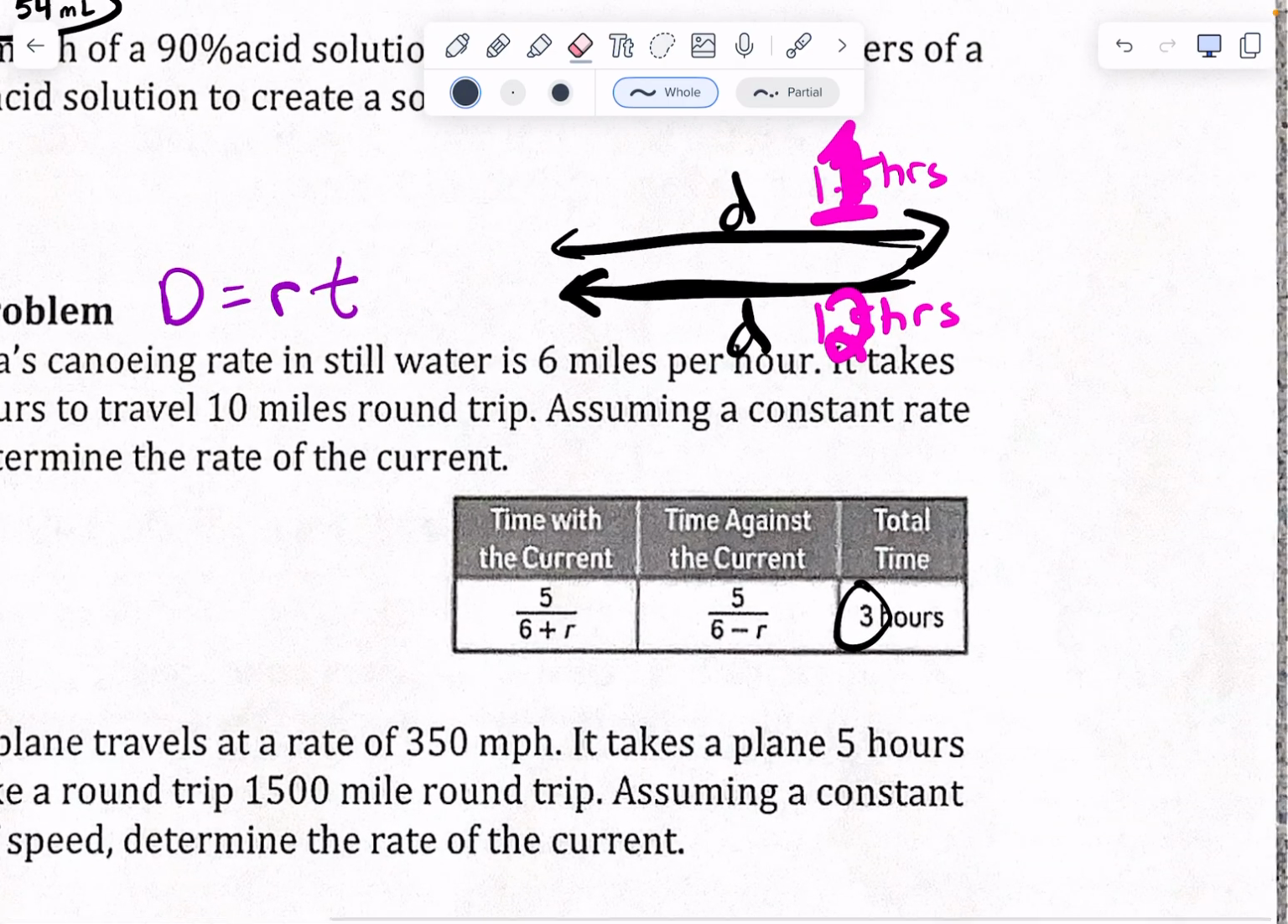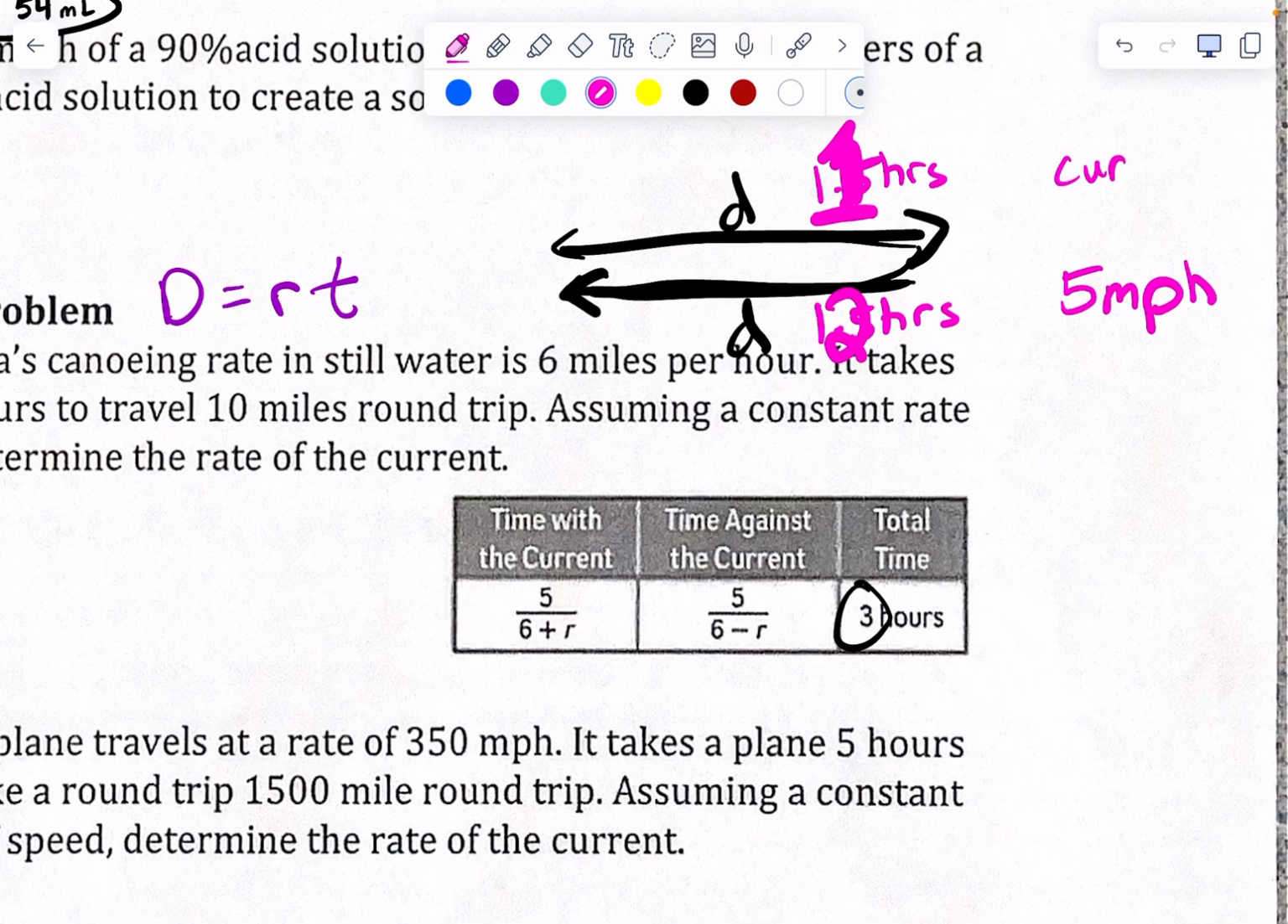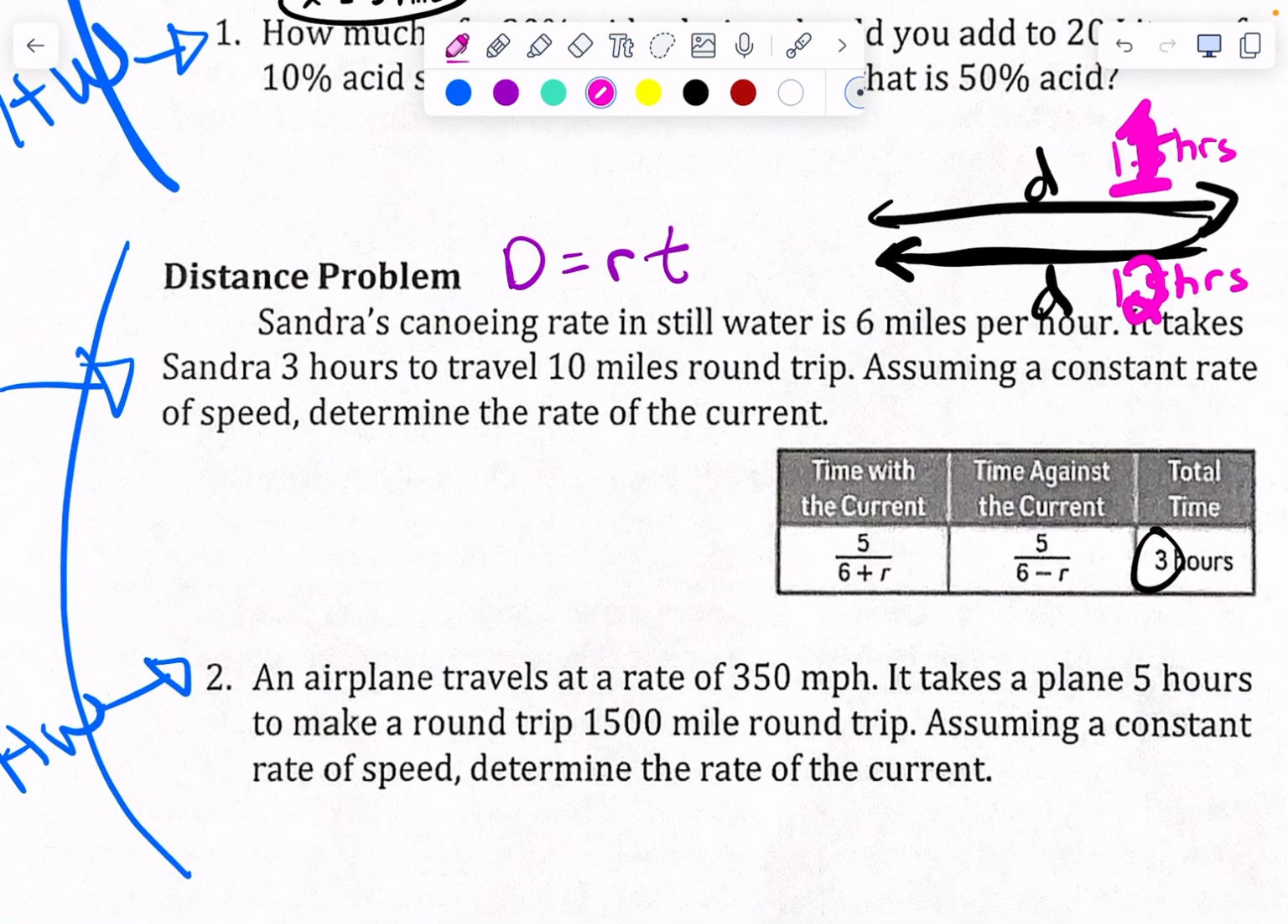So if she is canoeing 5 miles per hour and the current is 6 miles per hour, when she's going with the current, it's going to feel like 11. When she's going against the current, she's only going 1 mile per hour. Does that make sense? Okay? So that's how this works. 6 miles an hour, she's going 5 miles an hour, she'd be going -1 miles an hour. Yeah, in still water,